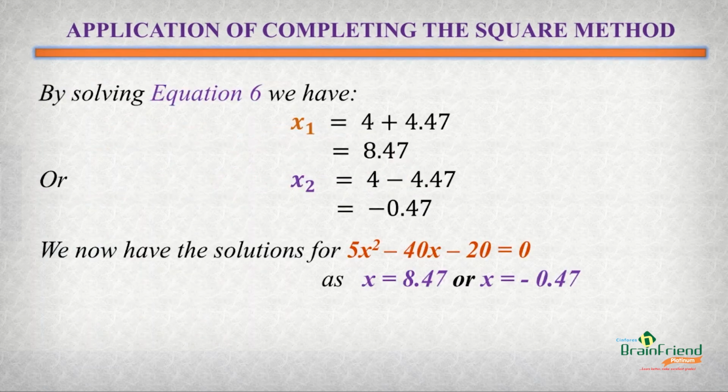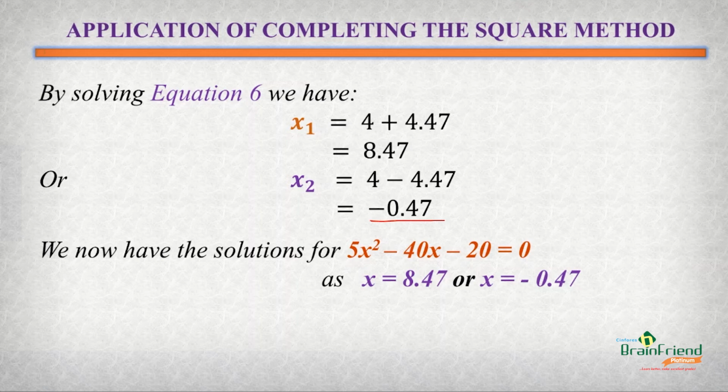We now have x1 is equal to 4 plus 4.47, which is equal to 8.47. Or we say x2 is equal to 4 minus 4.47, which is equal to minus